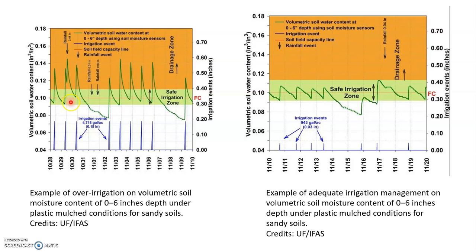This green zone is the safe irrigation zone, as they have mentioned here. If we irrigate more than the safe irrigation zone, then the water will infiltrate and get wasted. So the water efficiency will be very low. And then again, on 29th October, they applied water at 0.18 inches. And in a few hours, we experienced 0.44 inches of rainfall. So the water level in the soil moisture content gets higher.